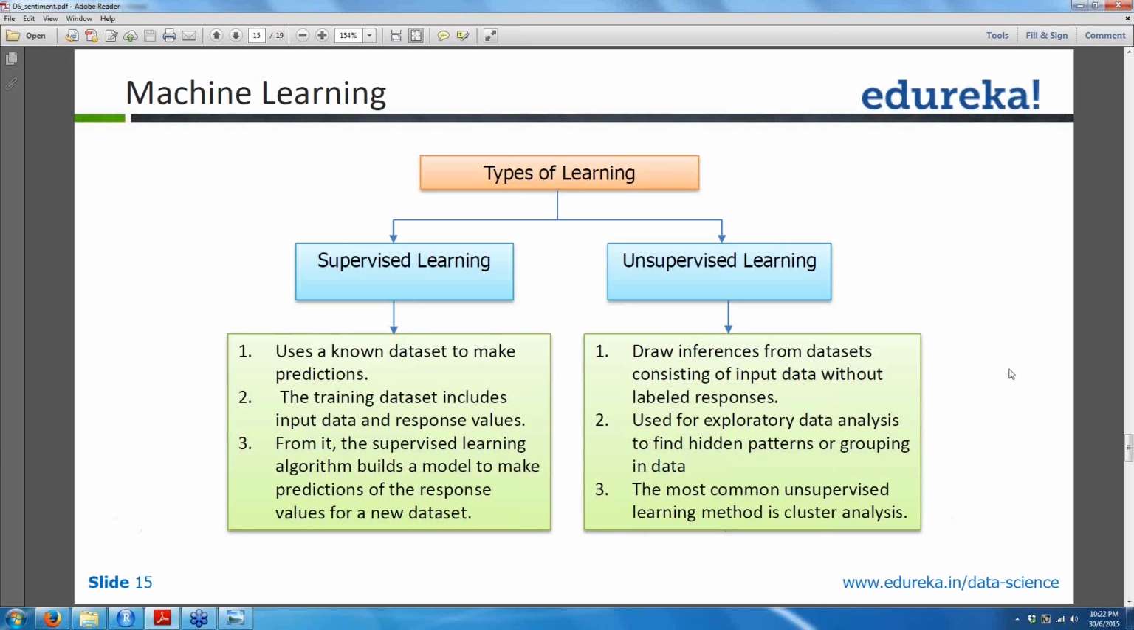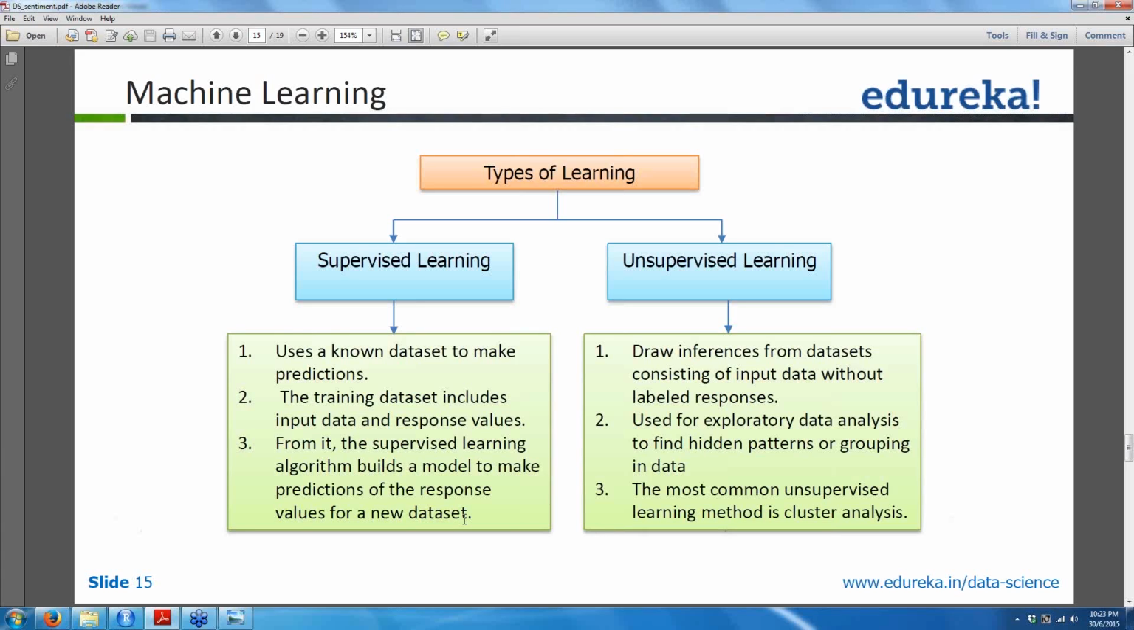And because you said what this cream was and how it looks, that is what you call supervised learning, right? So they are nothing but a known data set to make predictions. The training data set includes input data and the response value. So when you train the machine, you already give the information as to what this is, the response value also. So from it, the supervised learning algorithm builds a model to make predictions of the response value for a new